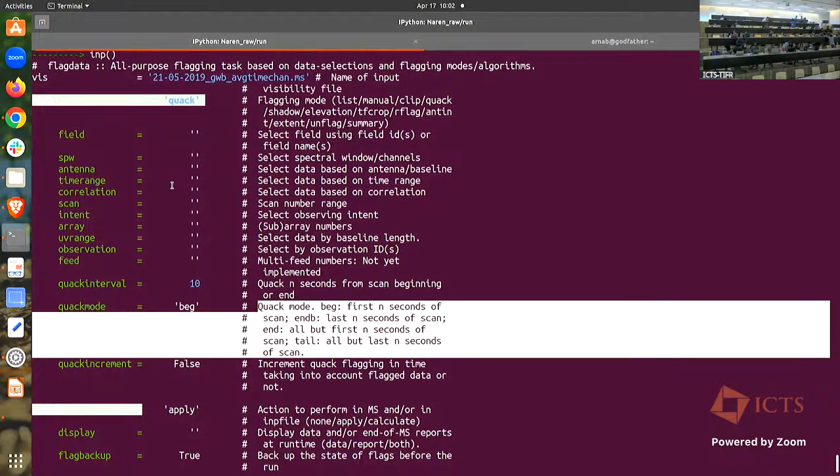No, it will flag all the scans, for all the scans. It could be that if you do a list of